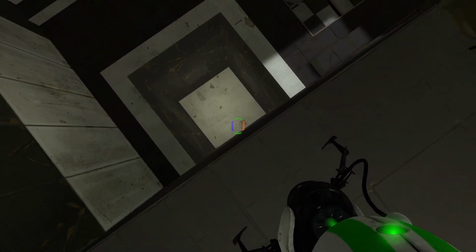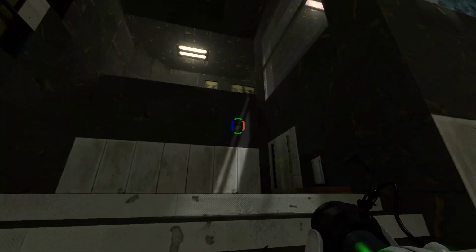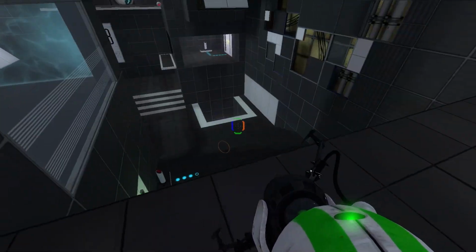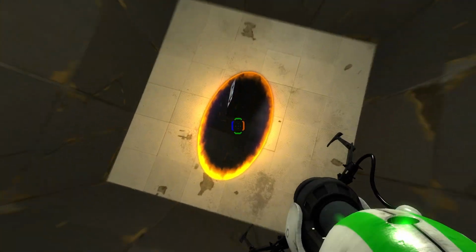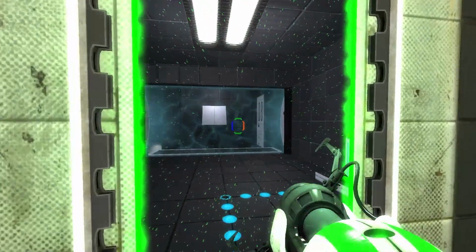Because you have to be like this high off the ground. Like I can't just, you know, go from down here. It doesn't give you enough momentum to go through. So we have to place the portal, the blue portal here in the present. Then go to the future and do this. But you see, isn't that going to affect...